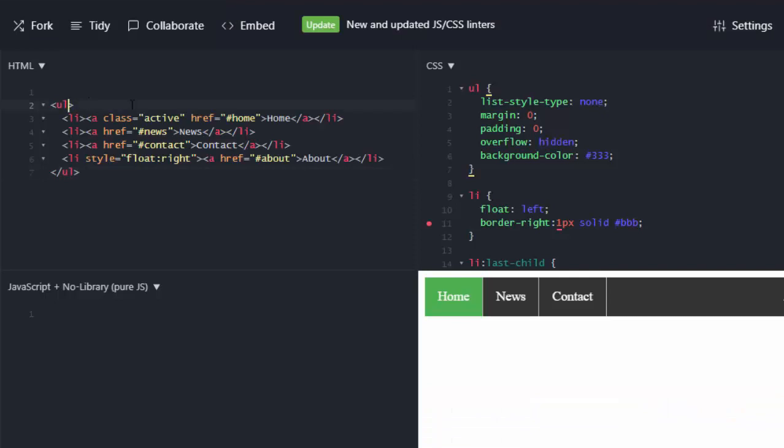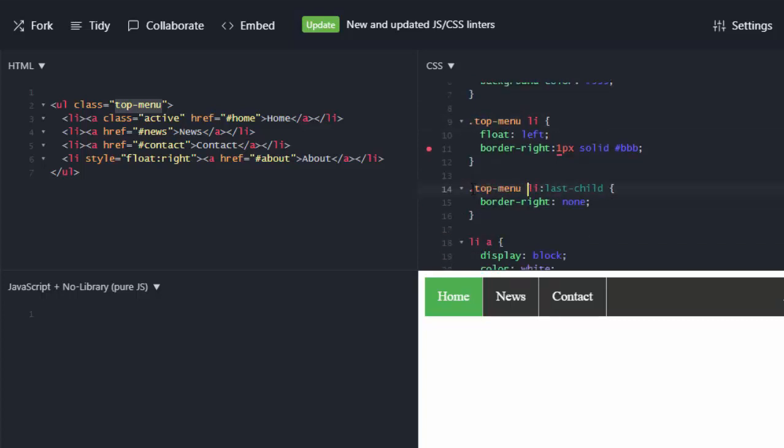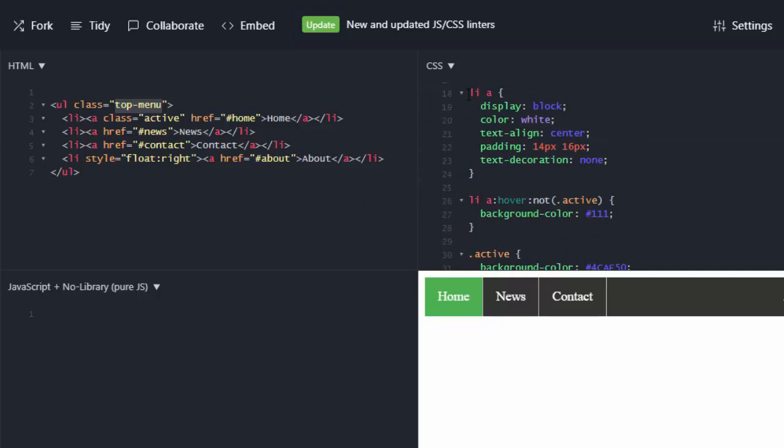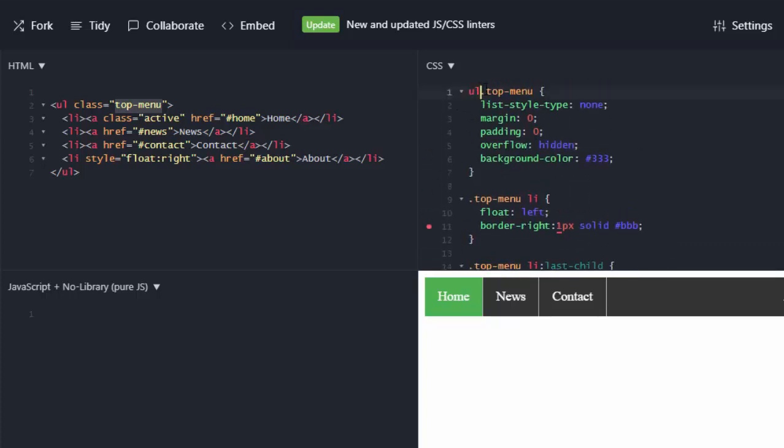What I'm going to do now is add some more specificity. So I'm going to add a class, let's say top menu. And it should work the same if I add it just here, for all of the elements. For the unordered list, I'll copy it here, here, and for all of the elements also here. So pretty much everywhere. The reason why I'm doing this is that an unordered list separate without the top menu class